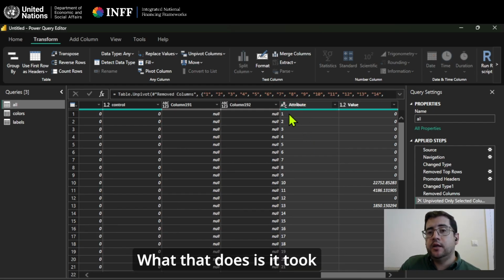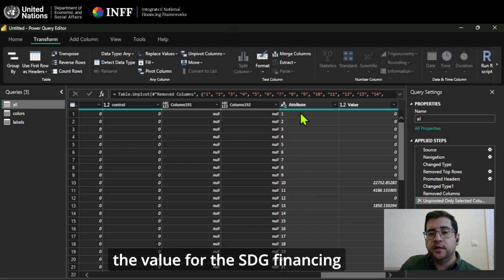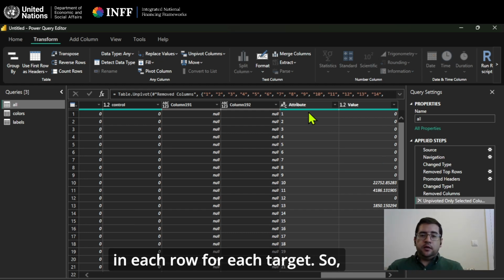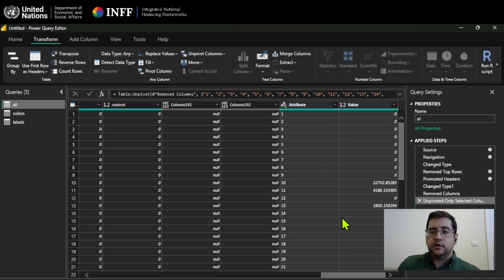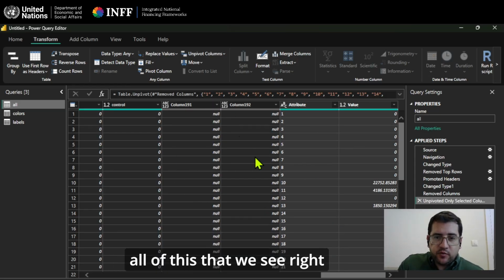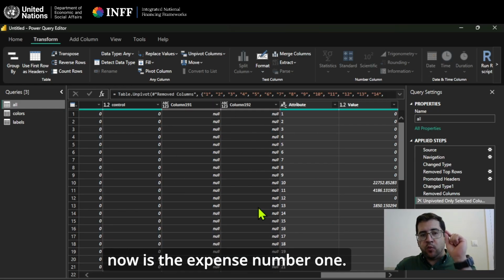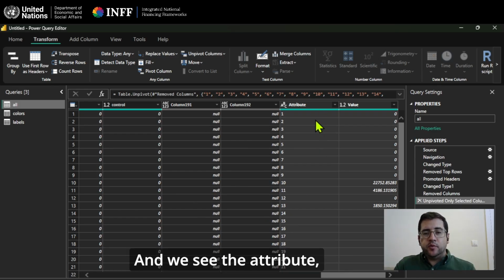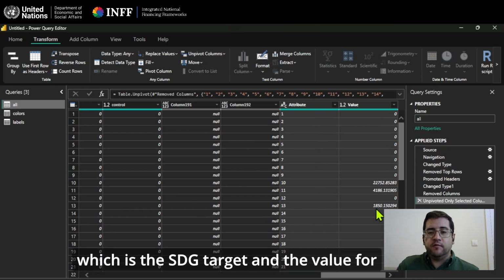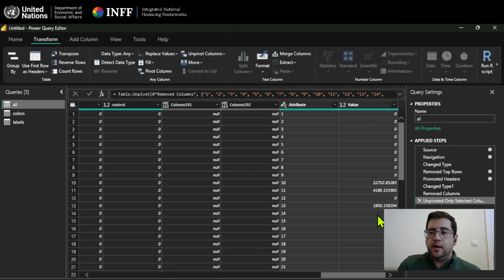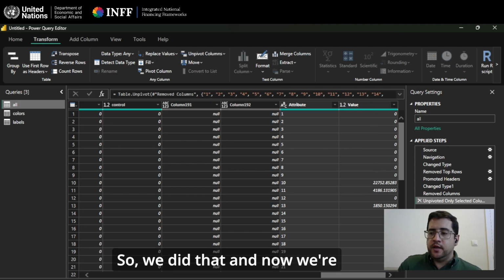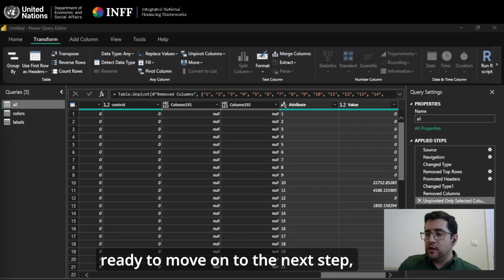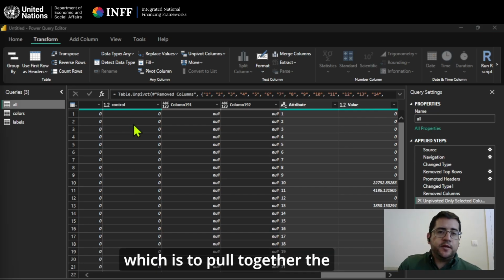What that does is it took one expense and put the value for the SDG financing in each row for each SDG target. So all of this that we see right now is expense number one, and we see the attribute, which is the SDG target, and the value for SDG financing for that particular target. So we did that, and now we're ready to move on to the next step, which is to put together